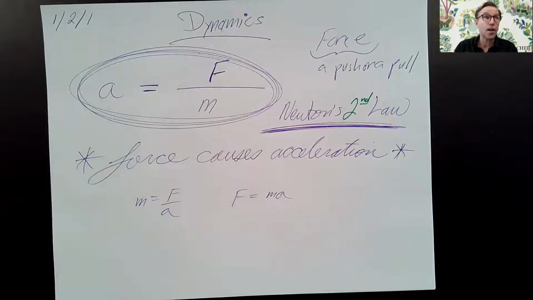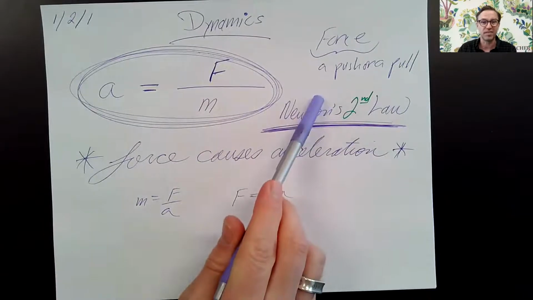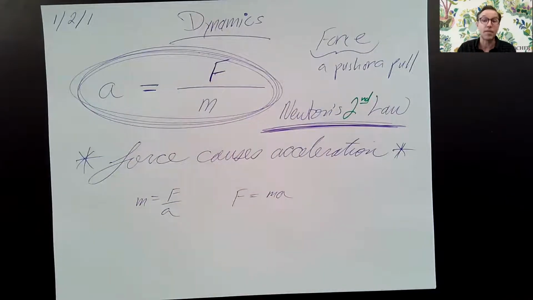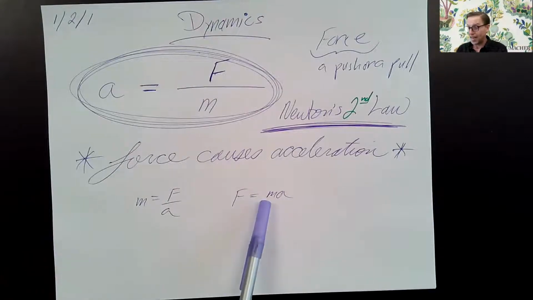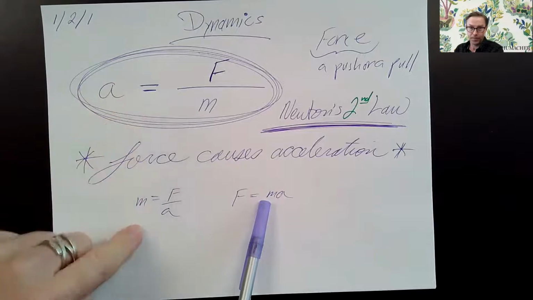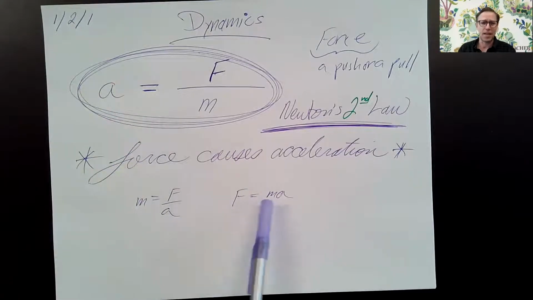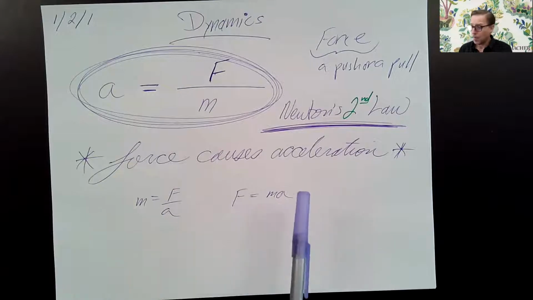If you were to walk around JPL and ask 100 people, hey, what's Newton's second law? My bet is that all of them would know what Newton's second law is. And my bet is that almost all of them would say this answer and not these two. And I understand why people go for that. F equals ma, it's more commonly said, you don't have to worry about the fraction. But